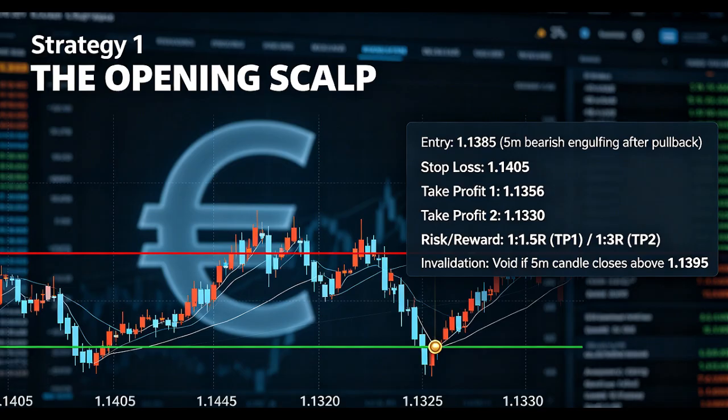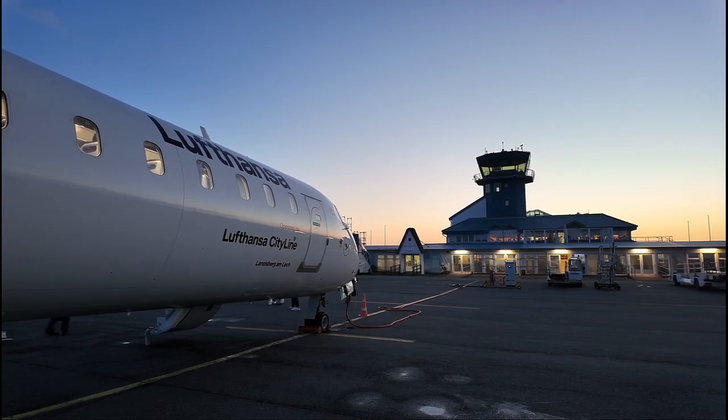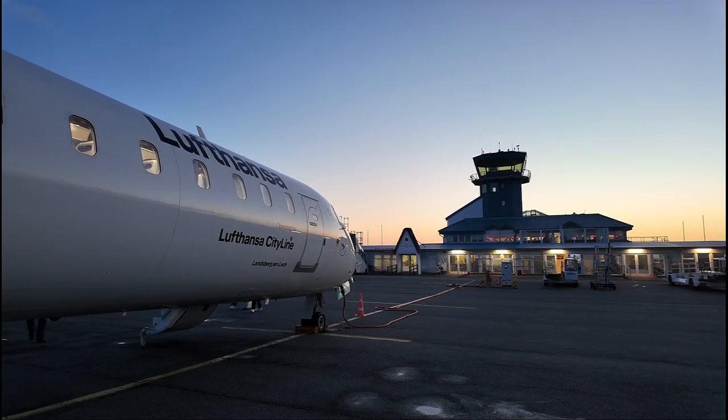Keep watching. I'm about to lay out exact entries, exact stops, and exact targets. These are not ideas. These are executable trade plans. Strategy 1, the opening scalp I call